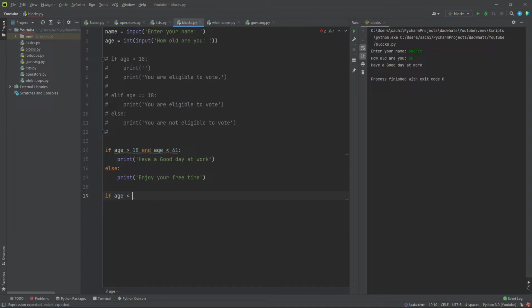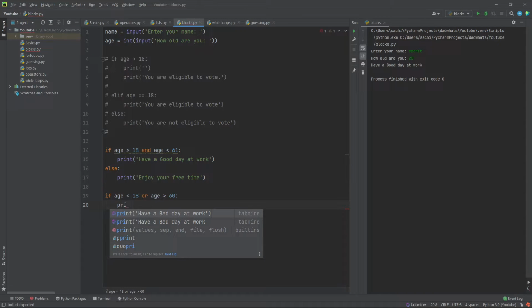So let's see how it goes. If age is smaller than 18 or age is greater than 60. So we are just reversing the conditions and using the or statement.